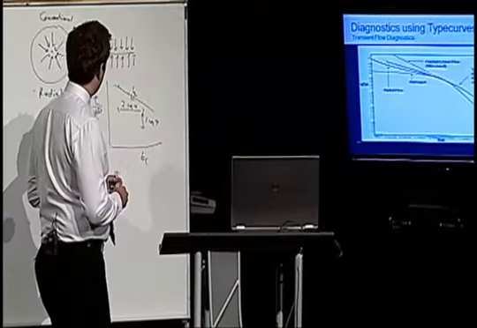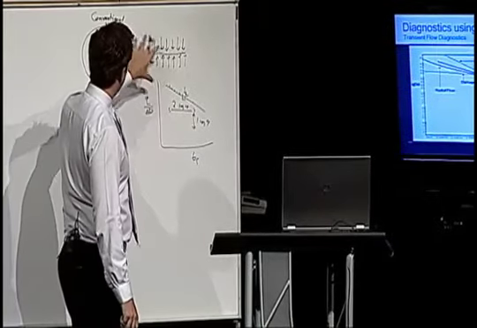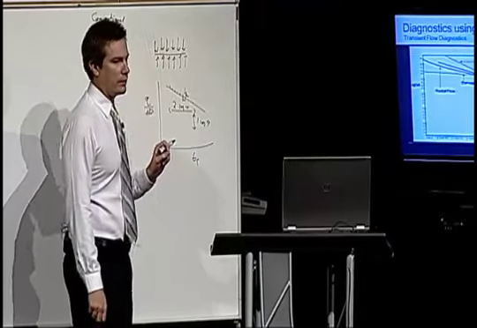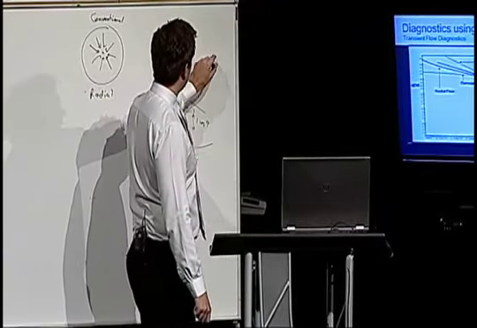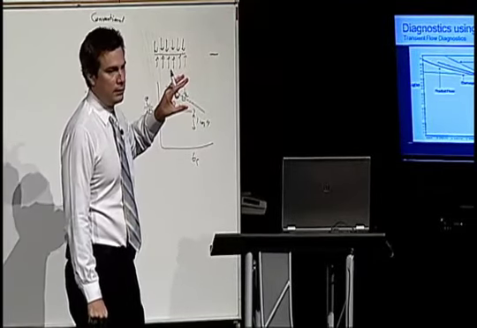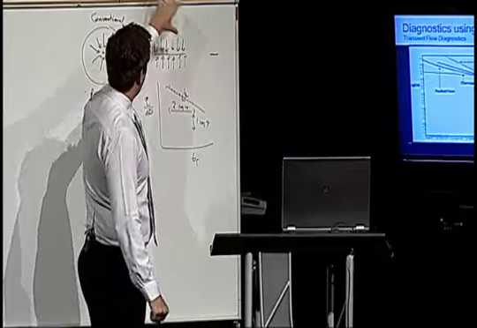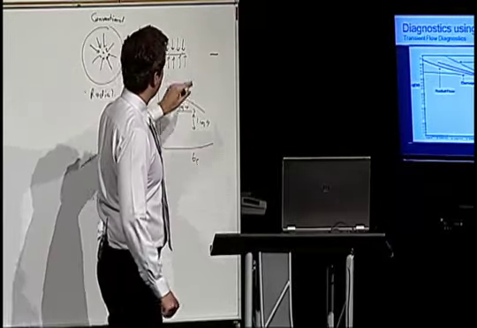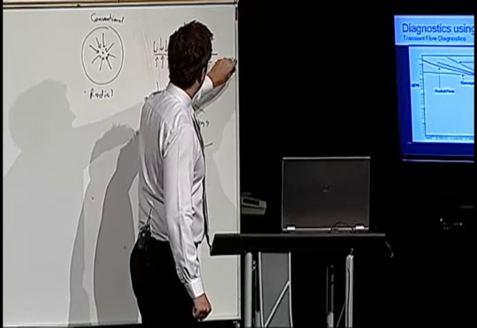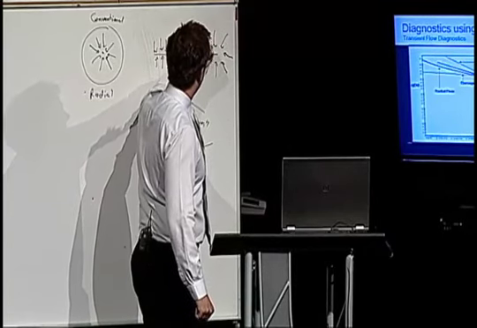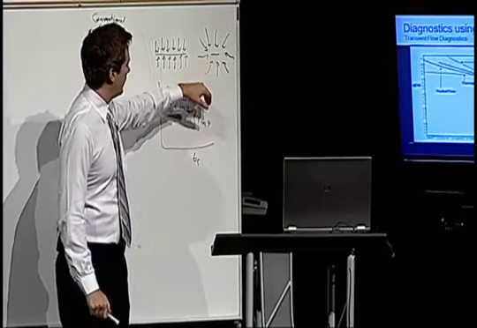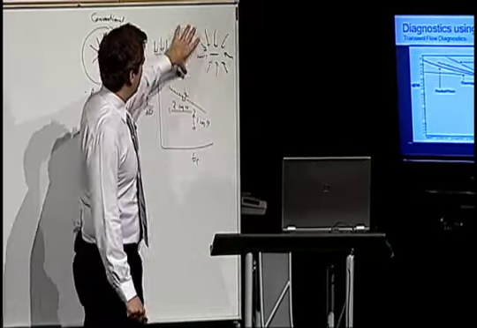One thing to keep in mind is these pictures, it's not always as simple as it looks. For instance, what if this fracture were very small? And it doesn't necessarily have to be small. It just could be that I'm viewing it from further away. In other words, this fracture in a very, very large reservoir. Well, if you think about it, eventually I'm going to get the convergent flow lines on this fracture as well. Okay, even though it showed fracture linear flow at the beginning, if it's in a big infinite acting reservoir,